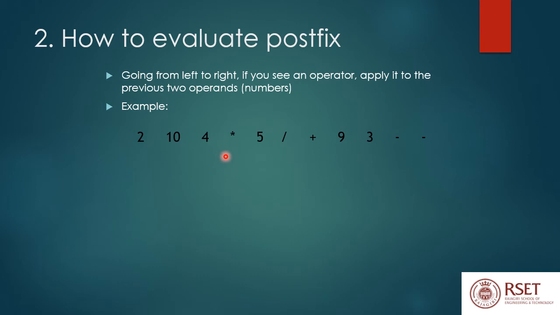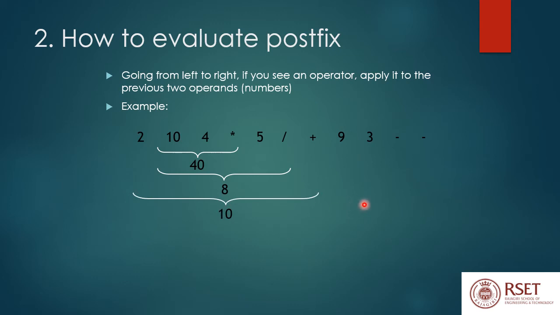So just have a look at how we do this manually. Look, 10 and 4. So 10 into 4 is 40. And again, you move further, from left to right. So 40, next is 5, it's fine. Next, you see an operator, slash. Suddenly, what do you have to do? You have to apply the slash to 40 and 5. That is 40 by 5, you get 8. Again, you proceed further, 8. Again, you see a plus. Look at this case: you have 2, 8, and a plus. So you apply this plus to 8 and 2, you get 10. Fine. Again, you proceed further.